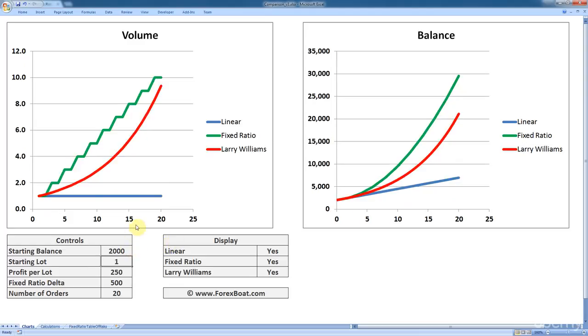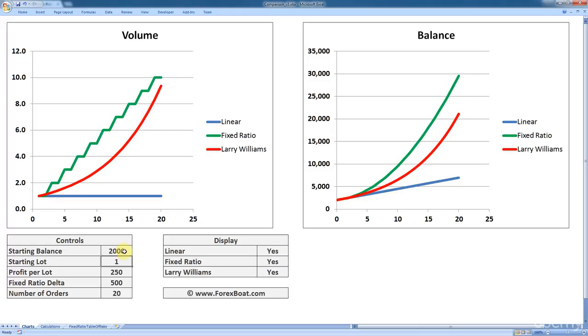So I changed that, and something very interesting happens. You can see that the Larry Williams method now is below the Ryan Jones method. And that is quite peculiar, isn't it? Why does that happen? Why are those two other methods not affected? As you can see, with